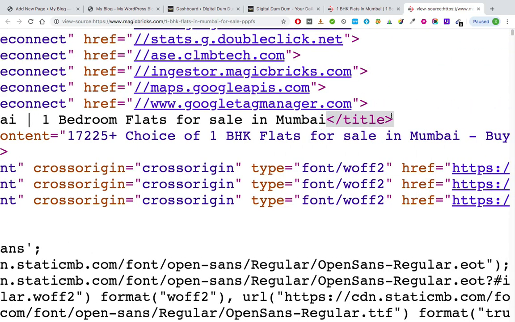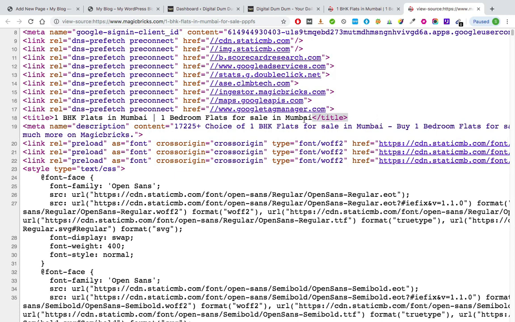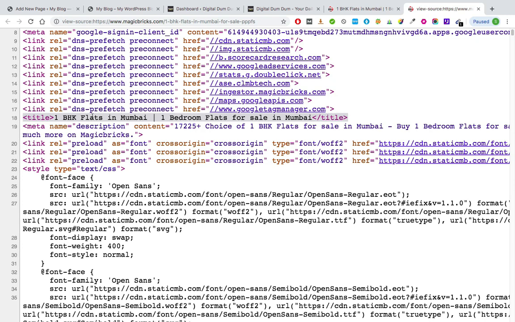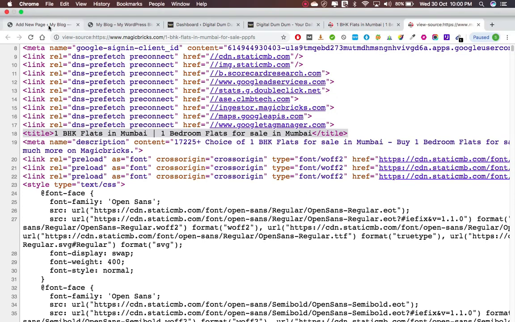So if you know coding, then you can write your title like this. But because we are using WordPress and because we have zero coding experience and skills, we simply have to enter the title over here. So this is a plain title. Once you do this, WordPress will automatically convert it into something like this. Okay, so that is the beauty of using a CMS like WordPress.